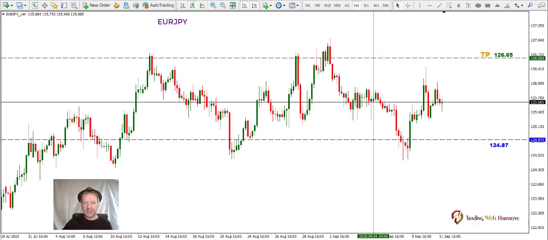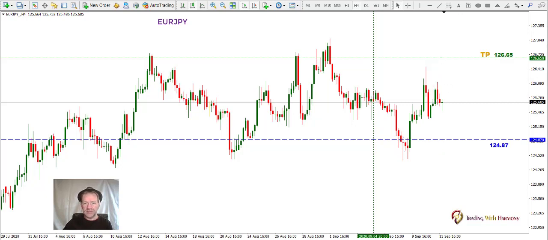Last week we were down at this point here, we finished here, and what I was talking about last week is that we can get price to continue down to our structural level, being the 124.87, and for it to hold at this level, which it did, and then to continue back up north. It's only a few pips away from our TP level this week, actually being the